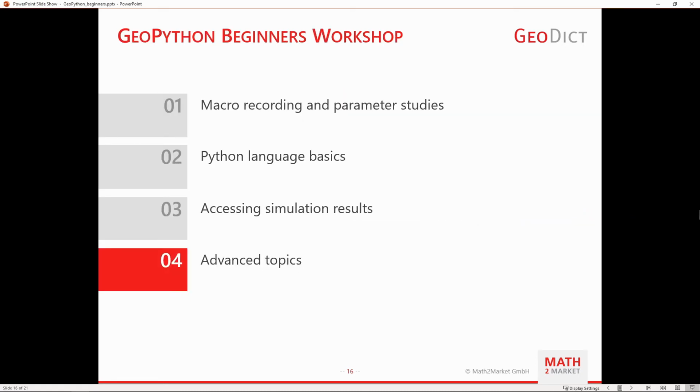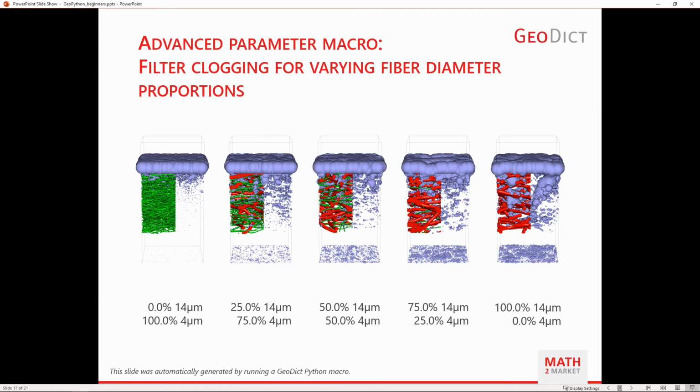So after showing you how to access simulation results and save images from Python macros, now in the end I want to briefly touch some advanced topics, and we will start with a nice GeoDict example. GeoDict comes with a simple application user interface to generate PowerPoint reports with GeoPython. This is very useful, for example, if similar parameter studies are done often. Then a Python macro can generate a unified report of the results to analyze them and show them in a